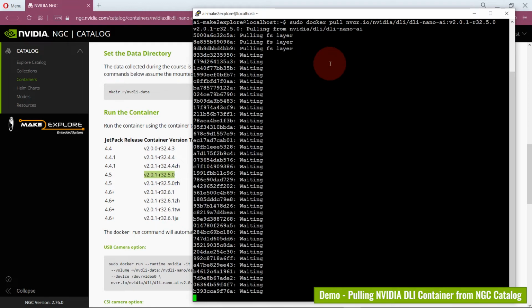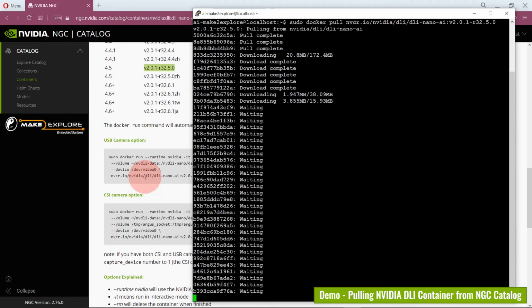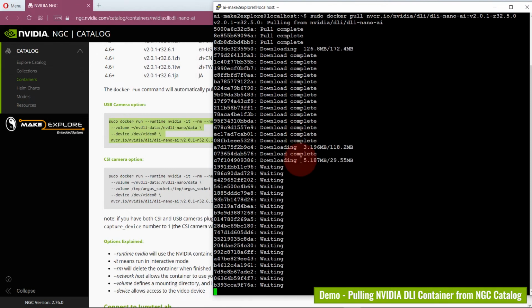If everything is entered correctly, the container will start downloading. It will take some time, since these image files are usually larger, in gigabytes. Download time depends on your internet speed.